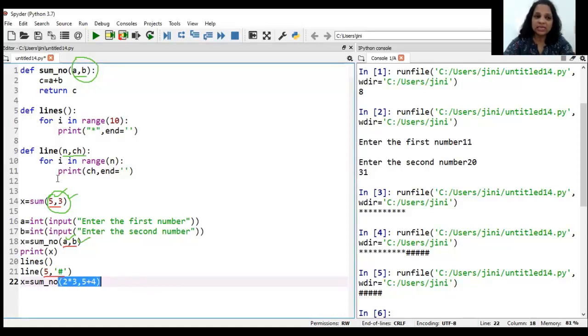Actual parameters can be literals or constants, variables, or expressions like you see here. But your formal parameters will always be variables. So these are the two differences between actual parameters and formal parameters.